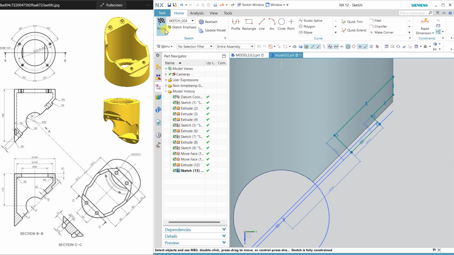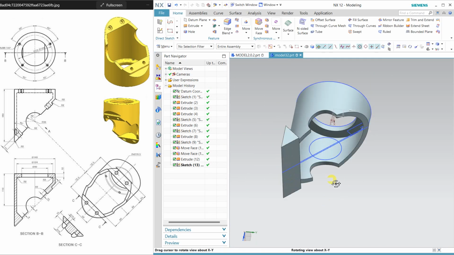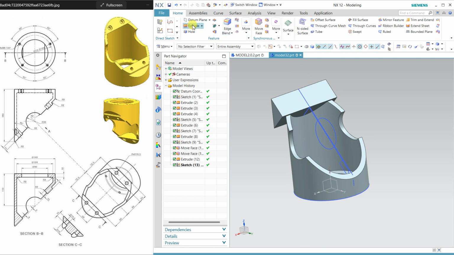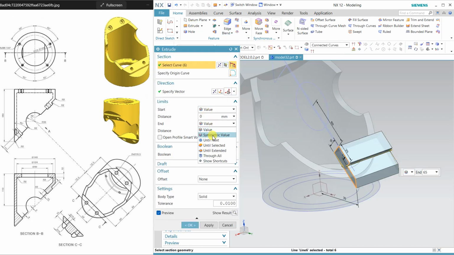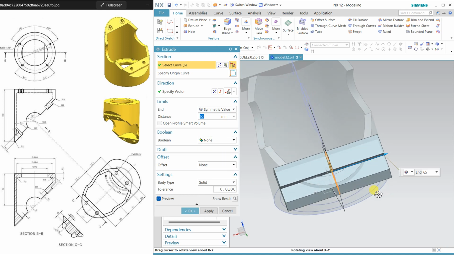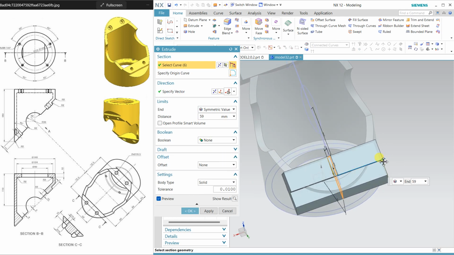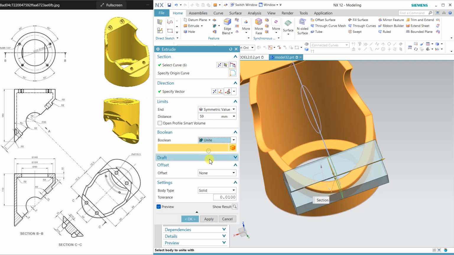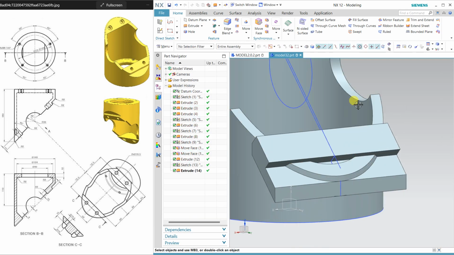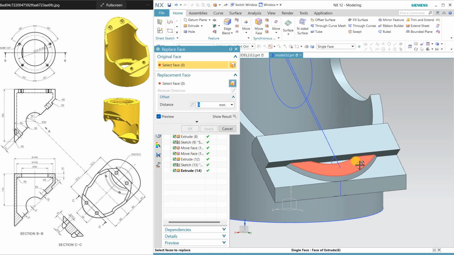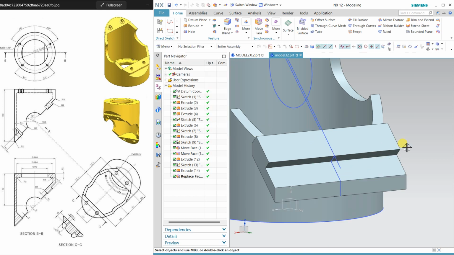Close and finish, and extrude this sketch in symmetrical direction, and unite. Okay, and see, there is a step. So after uniting I am going to replace this face to this face, and okay.